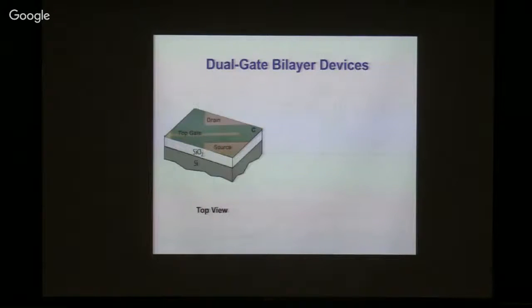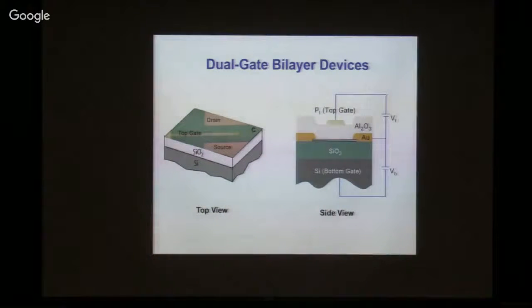Experimentally, to achieve this field control, we can just have a dual-gated bilayer graphene device as illustrated here. You can see this gray area is a piece of bilayer graphene that one can make. And then you use a top gate to control the field above graphene and a silicon back gate to control the field below graphene. So this shows a side view of how the device looks.